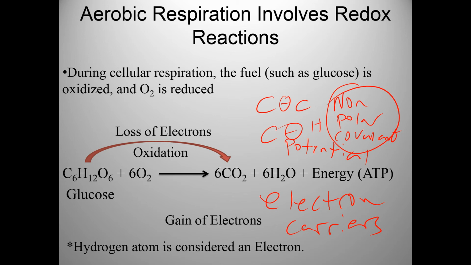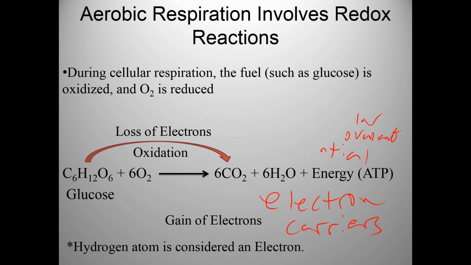These electron carriers are temporarily holding on to this potential energy that we have so far extracted from the molecule of glucose. When glucose loses the hydrogen atoms and the other covalent bonds holding it together, you end up with